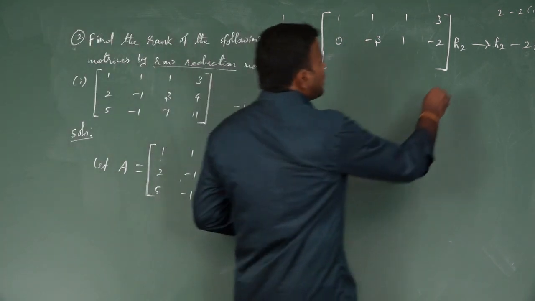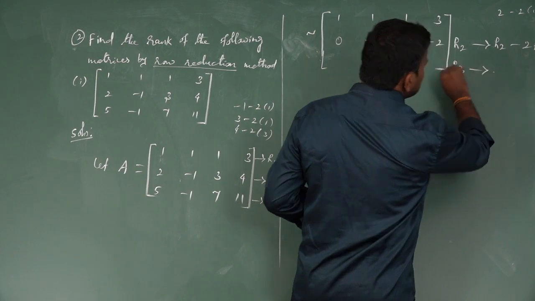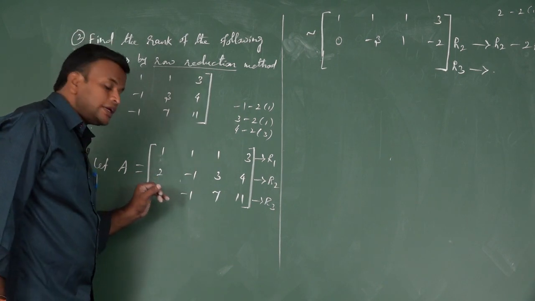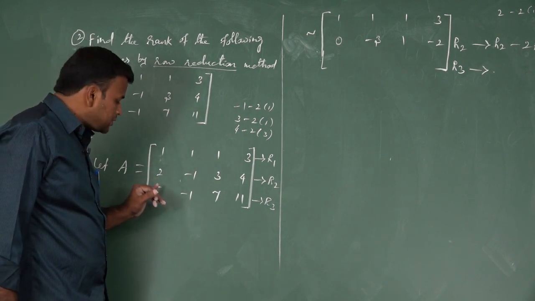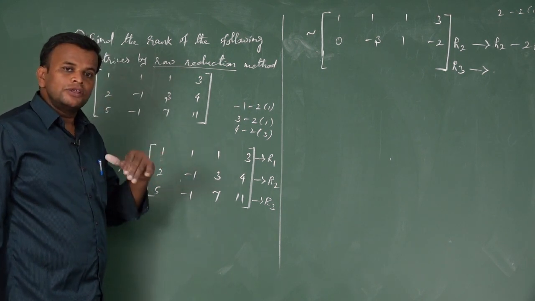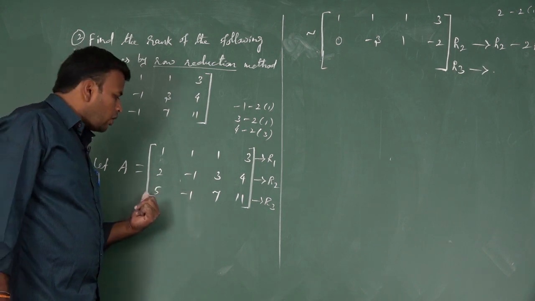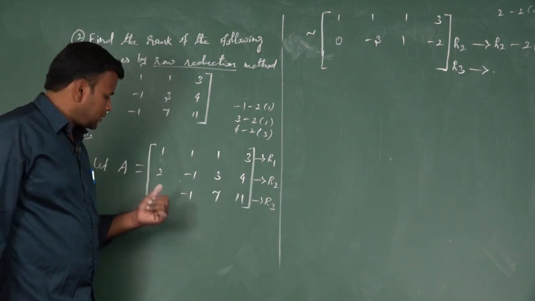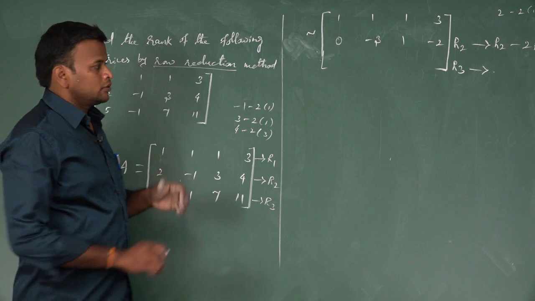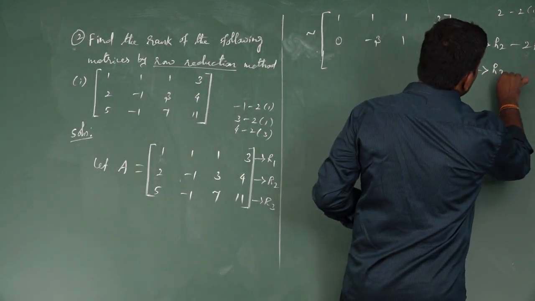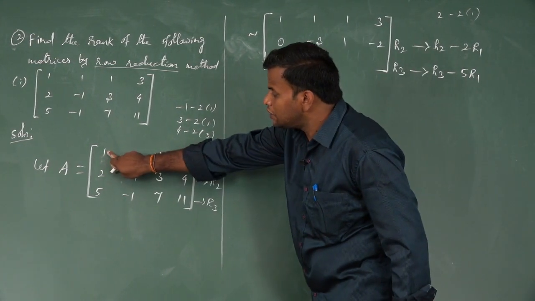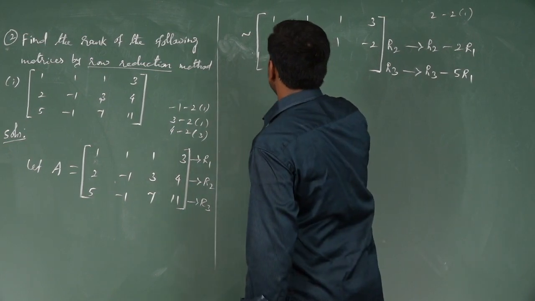So now we write R3 as, R3 gives, the third row becomes. Our motive is to convert this element to 0. Now we consider R3 and R1. Suppose the element 1 becomes 5, then we subtract, and this element becomes 0. So how to write R3? We write R3 as R3, same sign is there, so minus 5 times R1. Because the number 5 is there, I multiply by 5 here. So the first element becomes 0.